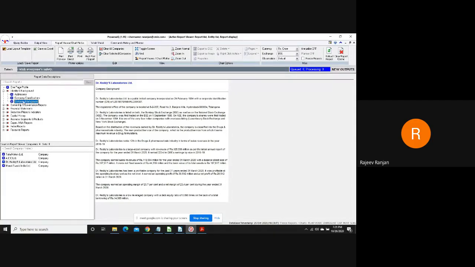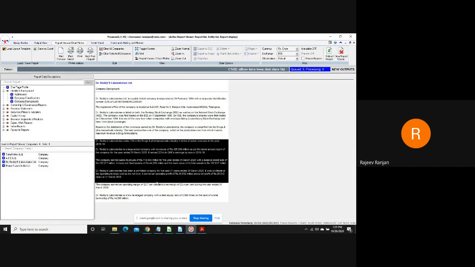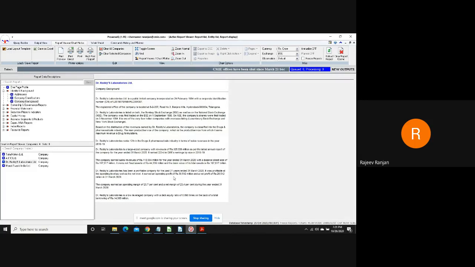For each company, we write a background note, which is a 250 word note about the company's incorporation. Apart from the product, we also write a note about the latest financial year performance, that is, how the company has performed in the latest FY. We also try to mention for each company the debt position of the company. If the company is debt free or a low leveraged company, we mention that in this report.